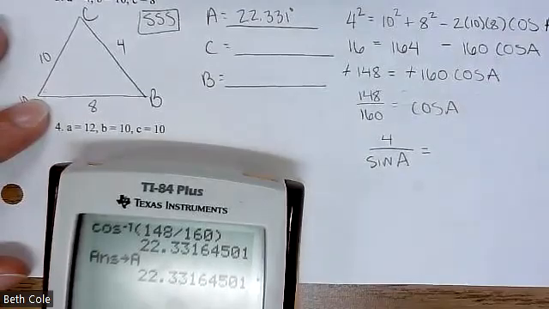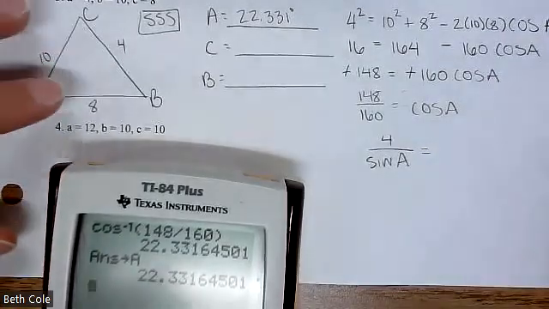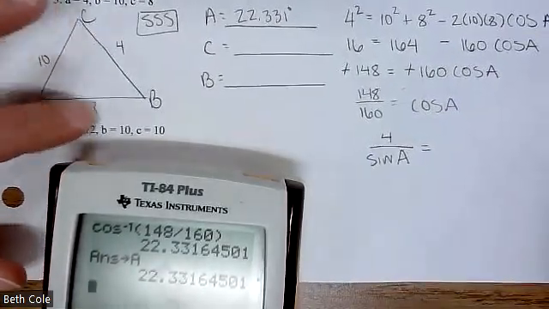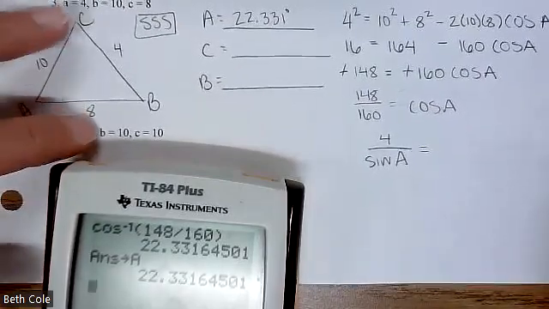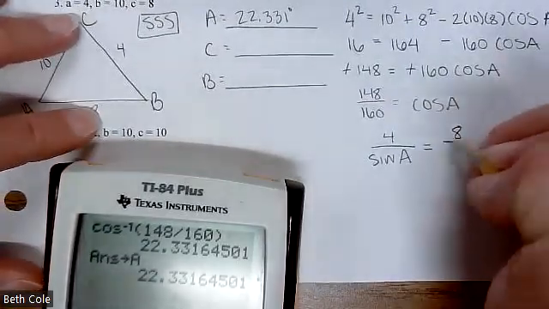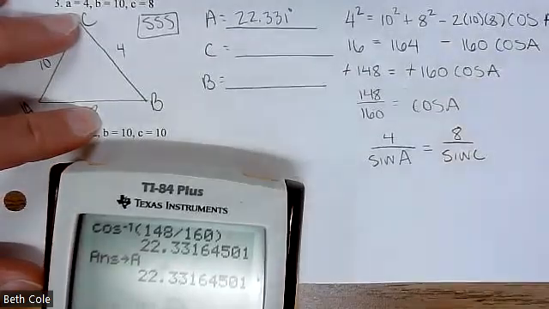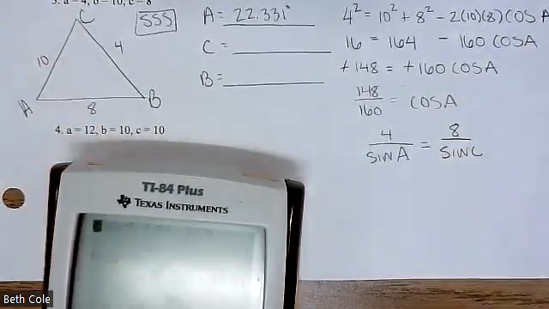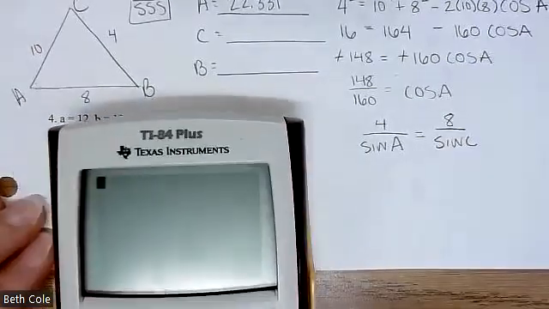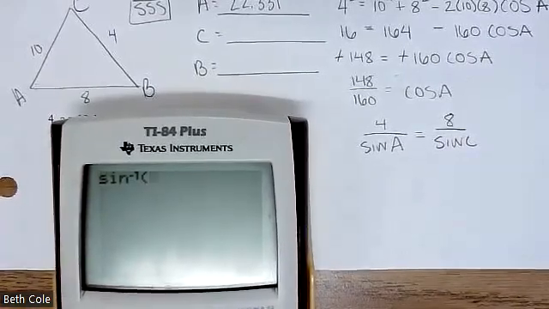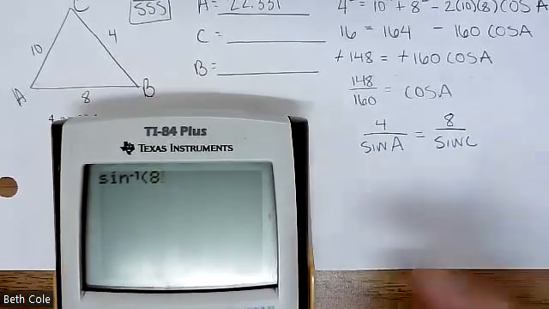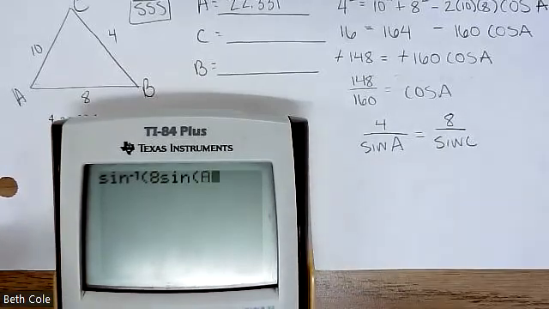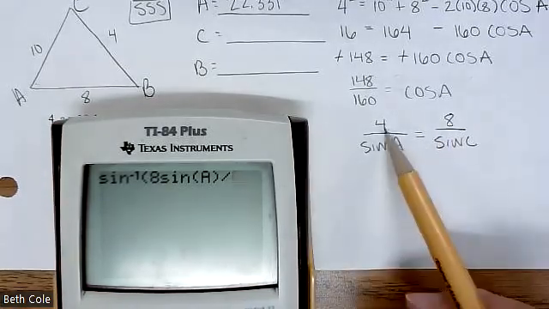Now, which one are we trying to find next? Again, the order is important here, so C. So it would be, I guess the picture does kind of help because it gives you a visual to look at. It'll be 8 over sine of C. How do you type that? Second sine, good. Off to a good start. 8 sine A, close parenthesis, divided by,